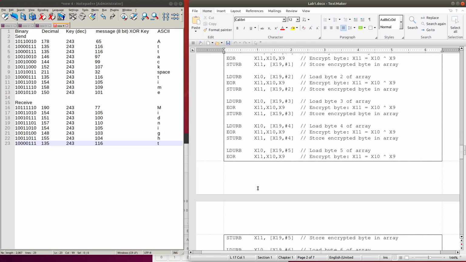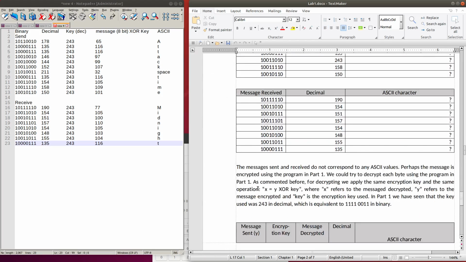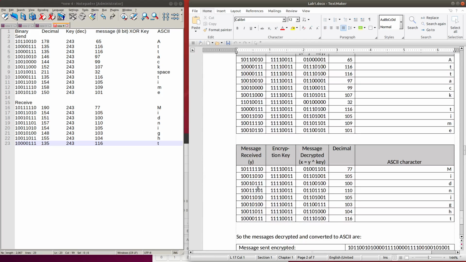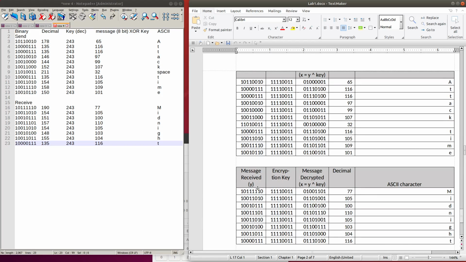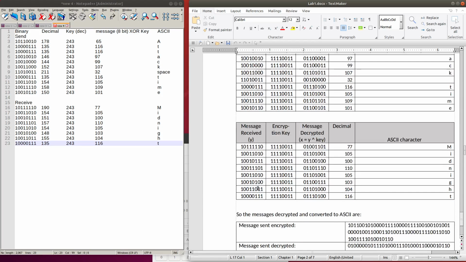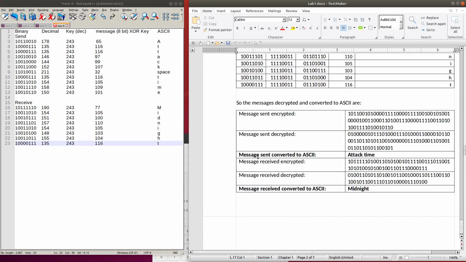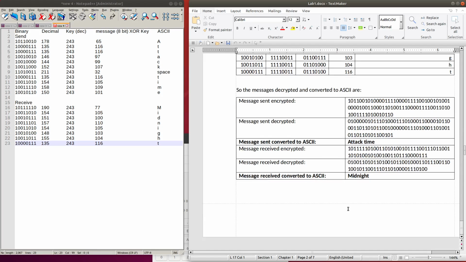So here we have our final result. The message sent converted to ASCII is attack time, and the message received converted to ASCII is midnight.